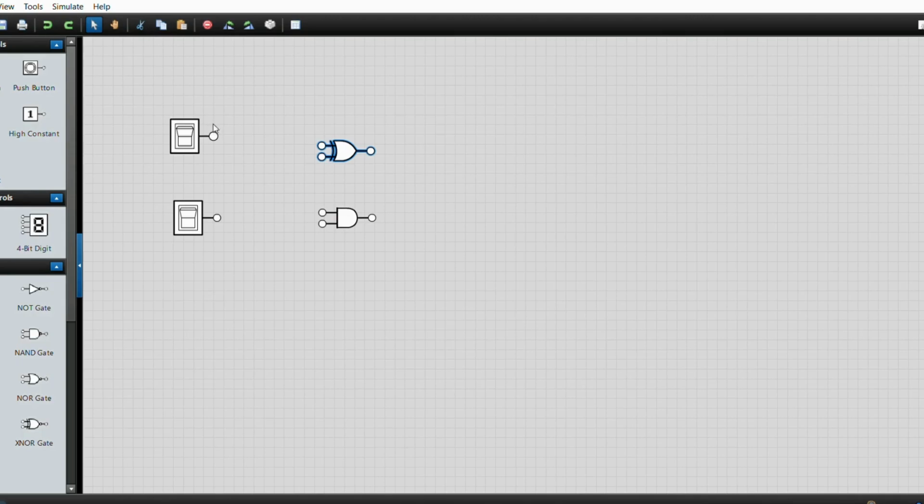Now we will be giving the inputs. Connect the inputs using the toggle switch to the gates properly. And now for the outputs, we will be placing light bulbs. We will be connecting the output to the light bulbs,